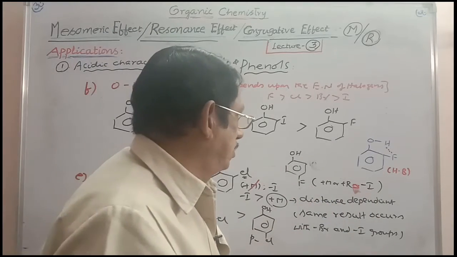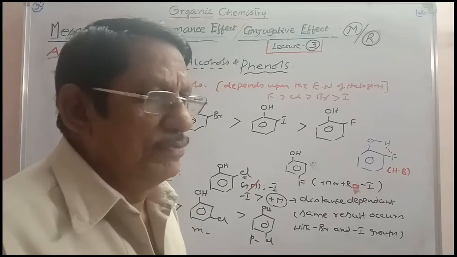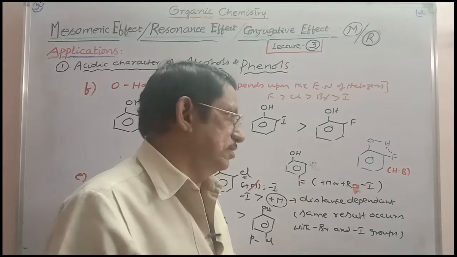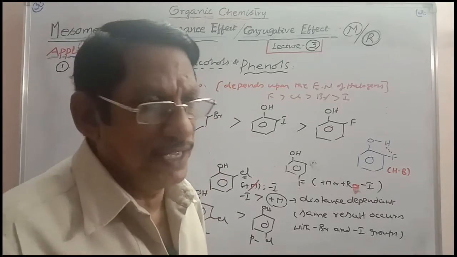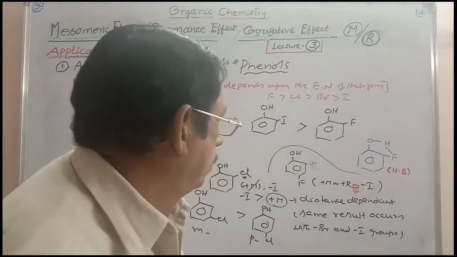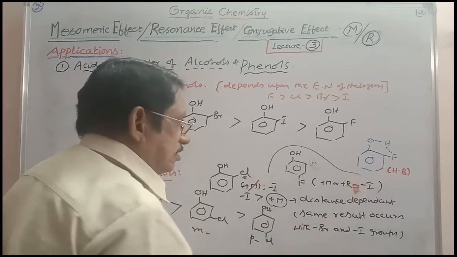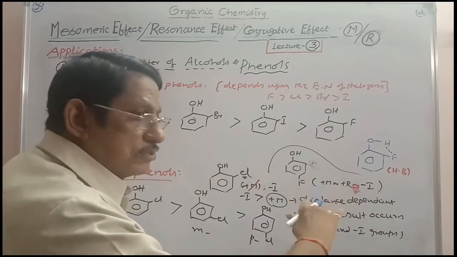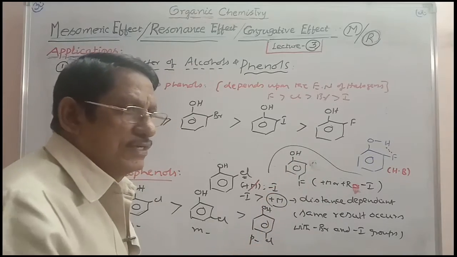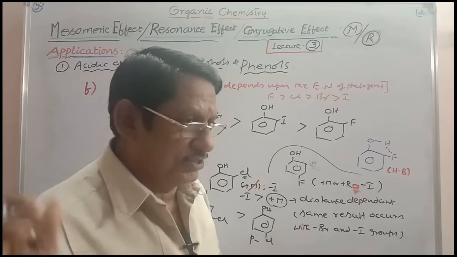Both are almost equal. And that is why generally we can say that fluorophenols will have almost equal acidity as phenol, because the effect is not that much as in the case of other halophenols. So this is the case of fluoro group. Mesomeric or resonance effect is almost equal to inductive effect. So resonance effect is counterbalancing the inductive effect. So the net effect is zero. And that is why in the case of fluorophenols, the acidity is almost equal to that of phenol. Fluoro is a special case.